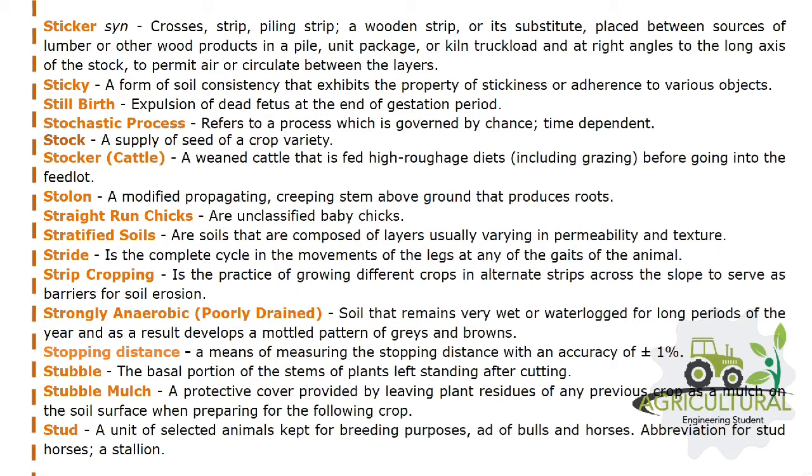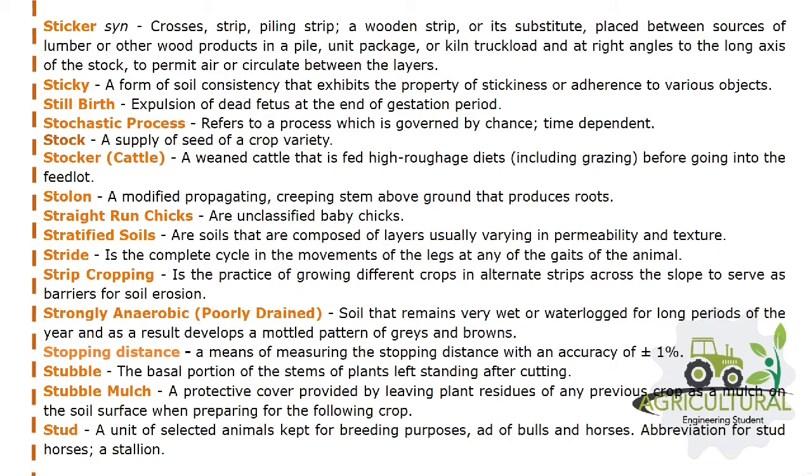Straight-run chicks, are unclassified baby chicks. Stratified soils, are soils that are composed of layers usually varying in permeability and texture. Stride is the complete cycle in the movements of the legs at any of the gaits of the animal. Strip cropping is the practice of growing different crops in alternate strips across the slope to serve as barriers for